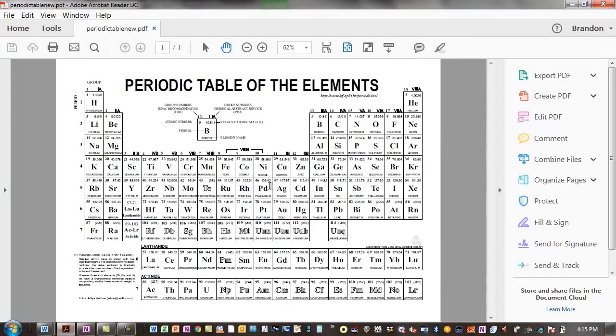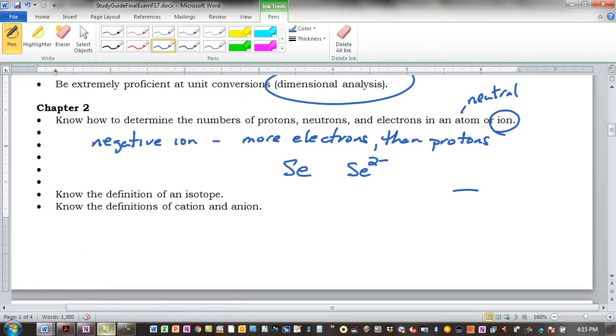What's selenium? 34. So selenium has an atomic number of 34. Okay, so that's 34 protons for each of those. And then you'd have to know the mass number to figure out the number of neutrons. But